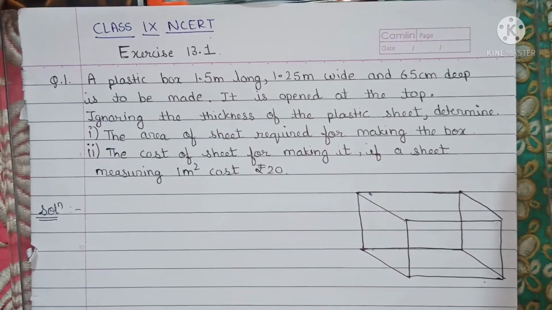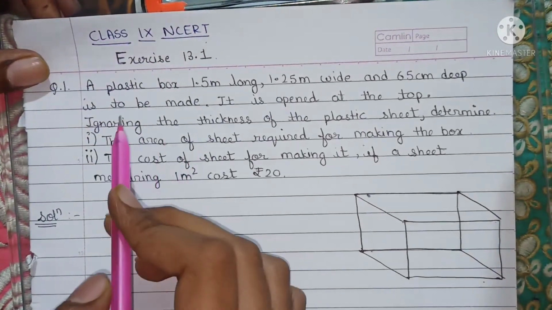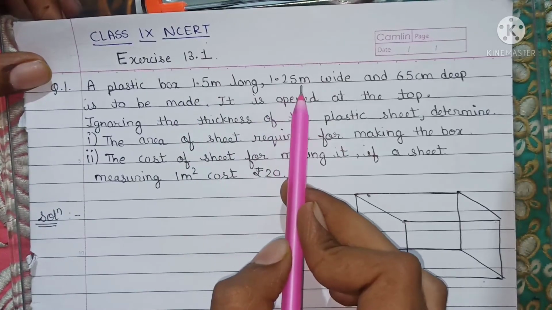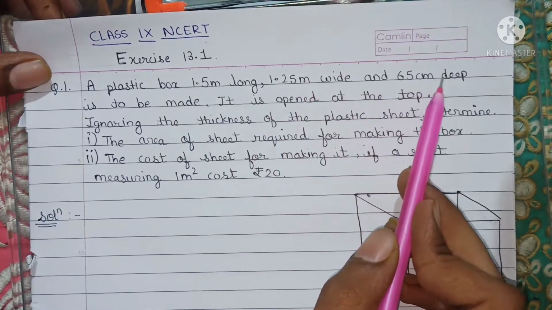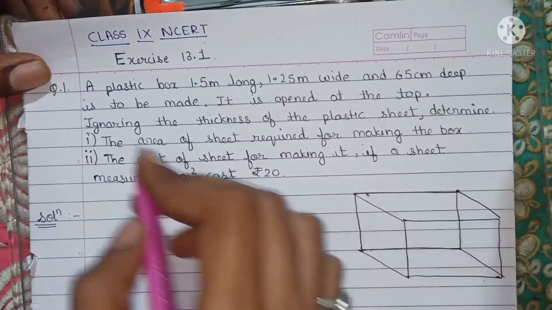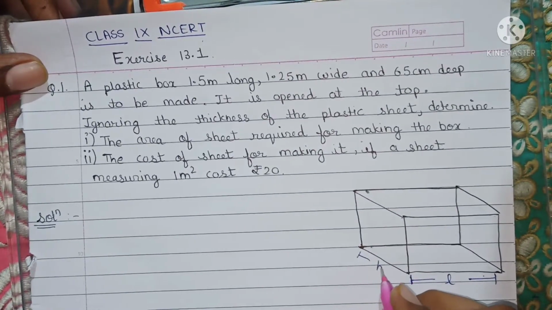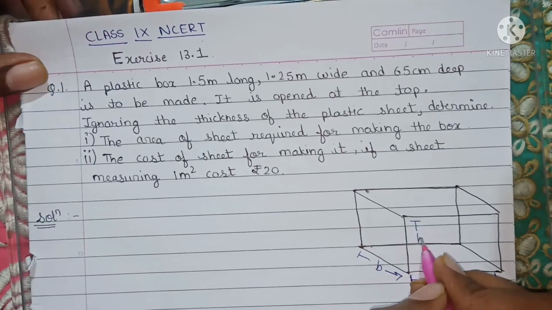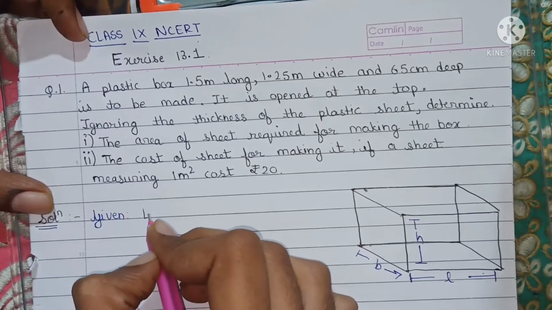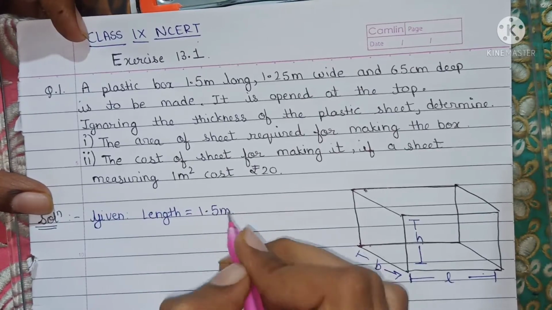So today we will be solving class 9th NCERT exercise 13.1 question 1 and 2. The first question is: a plastic box 1.5 meter long, 1.25 meter wide and 65 centimeter deep is to be made. It is opened at the top. So let us assume the shape of this plastic box is this, and this is its length, its breadth and its height. As given, we will write length is equal to 1.5 meters,